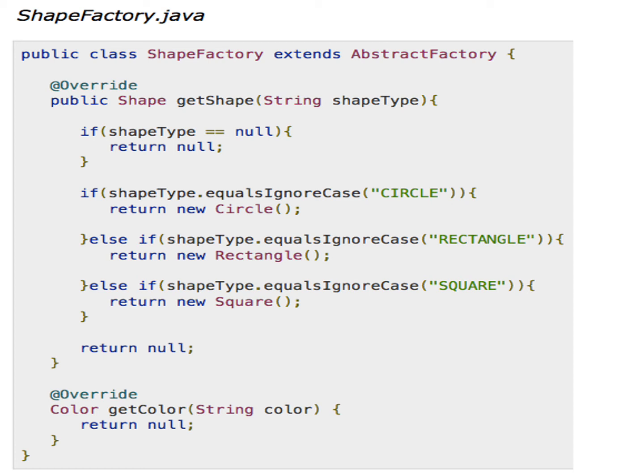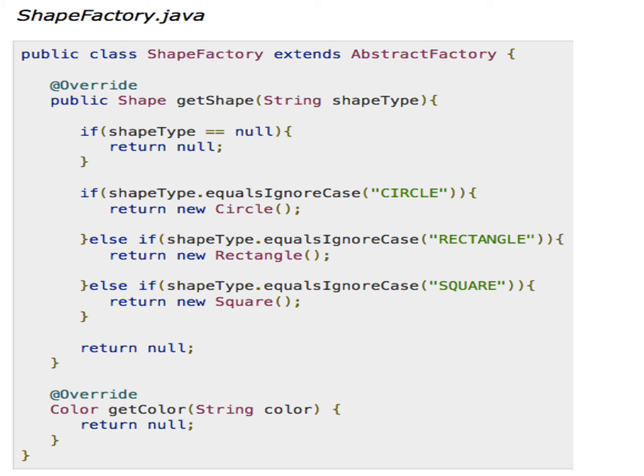Inside this you can see that the shape factory is dealing with the creation mechanism of the product of the shape. This is the same class or the same code which you have already seen inside the simple factory design pattern. Inside this get shape method, the shape type parameter contains the choice of the user, that if the user requests the circle, rectangle or the square, then the corresponding object is created and returned using this method as the type is shape.